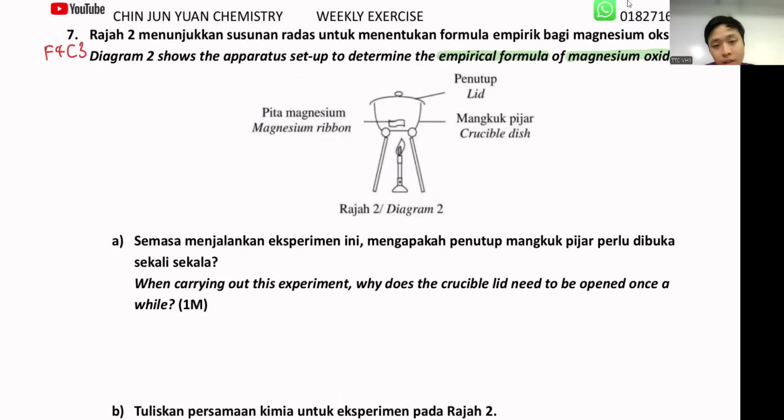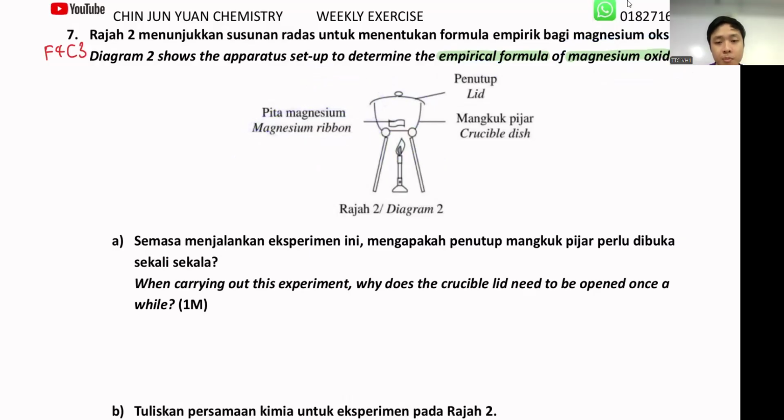Because the result, very simple, you want to get MgO, magnesium oxide. You have to turn Mg into MgO. So how do you go about it? You have to make magnesium react with oxygen. Where does oxygen come from? From the surrounding. You cannot just close the entire experiment. You have to leave it slightly open so that you can let the oxygen enter